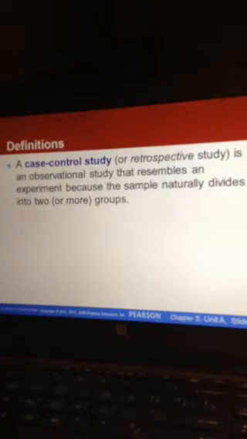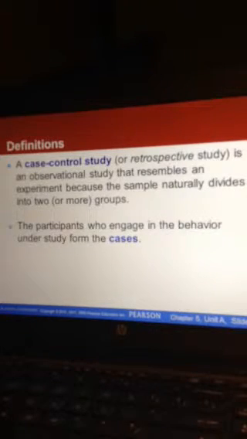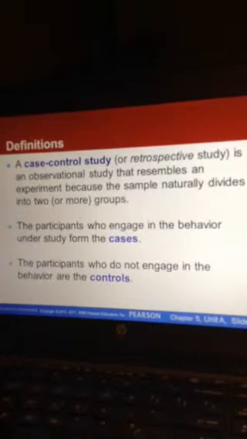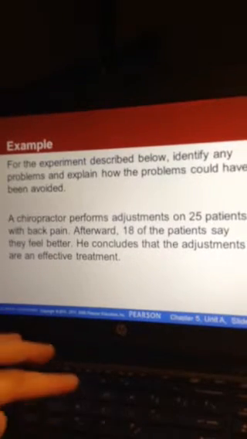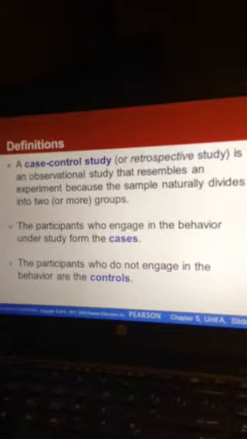A case control study is an observational study that resembles an experiment because the sample naturally divides into two or more groups. So, for instance, participants who engage in the behavior under study form the cases. And the participants who do not engage in that behavior are called the controls. So, let me go back to this a minute. The case control study,